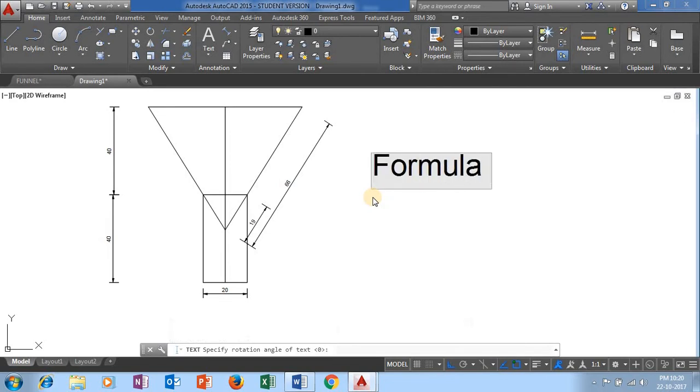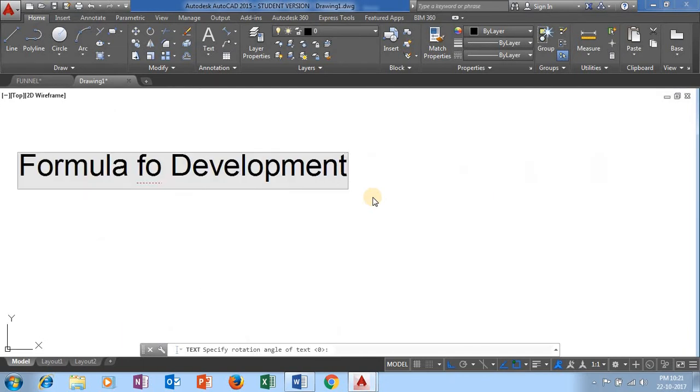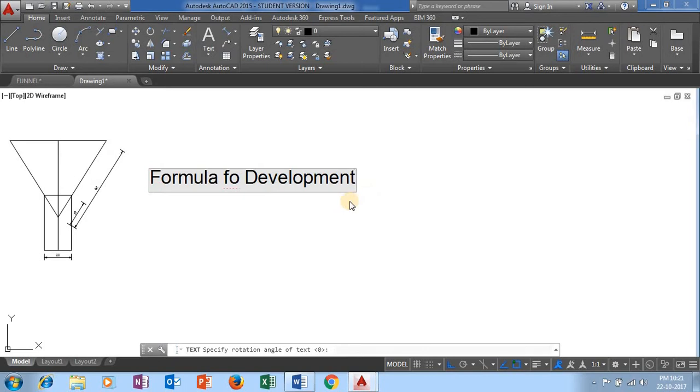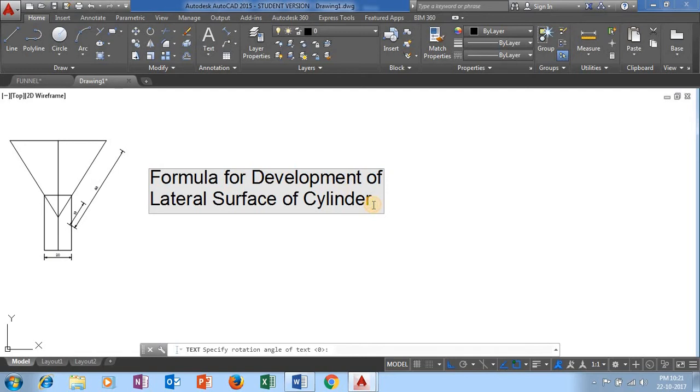Formula for development of lateral surface of cylinder. That is pi